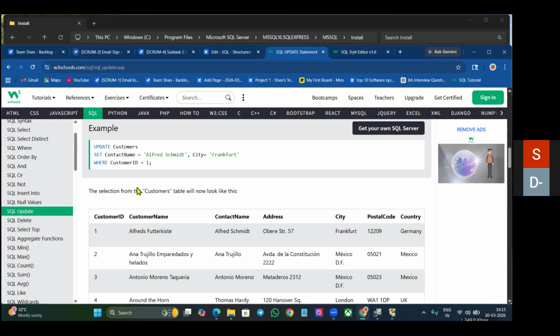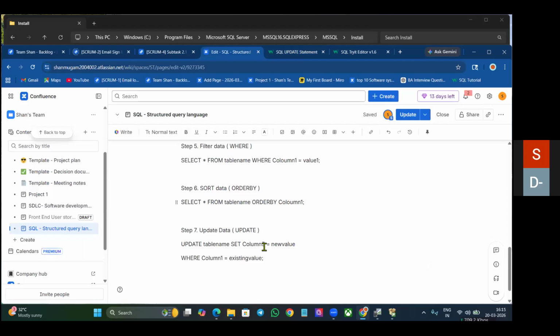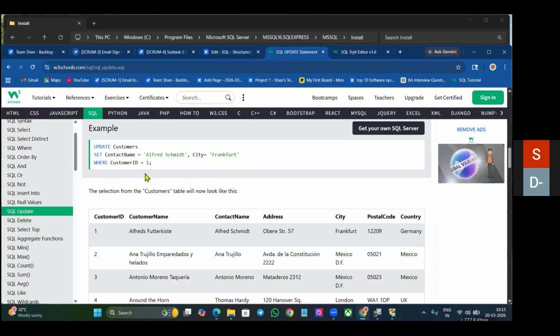Go back to your Confluence page. After update, what do you have? Table name. Yes. That's the answer I was looking for. So after the update keyword, you have to, it's a program, Sean. You have to clearly tell what to do, right? So you are saying update table name. What table to update? That's why they gave